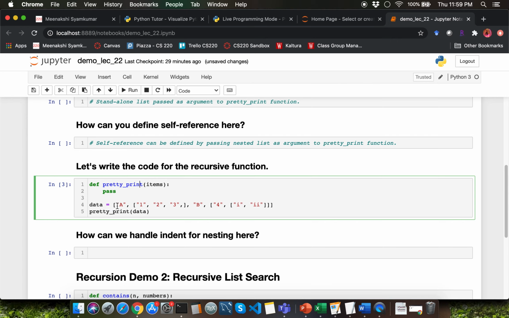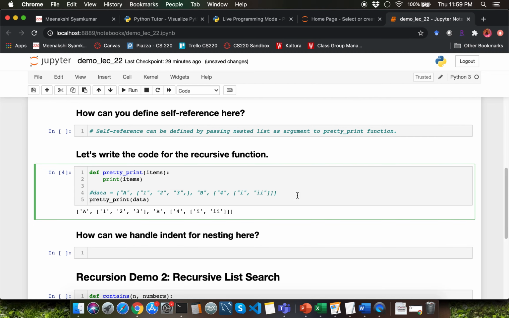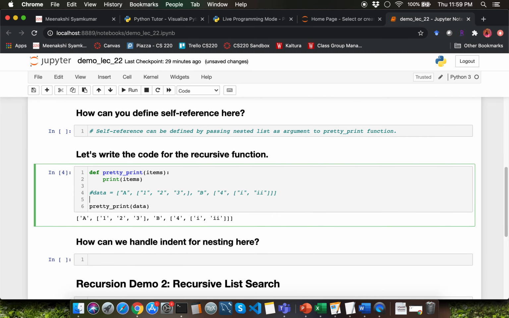I've also copy pasted the example of nested data structure from the slide into a variable called data. For now, let me go ahead and print items. Looks like that's working without any issues. Let's use a simpler example to start writing our recursive function. Let me use a standalone list which contains 3 items A, B, and C.